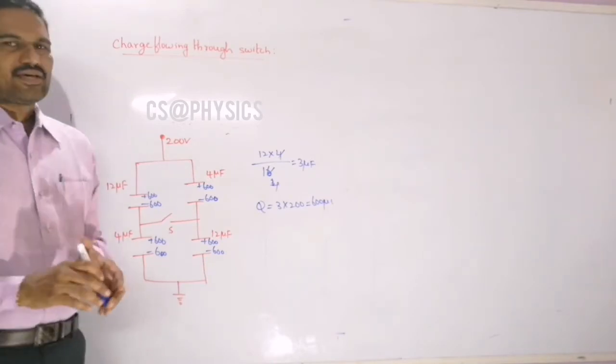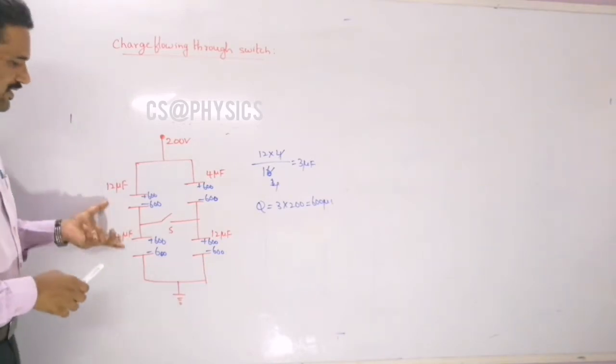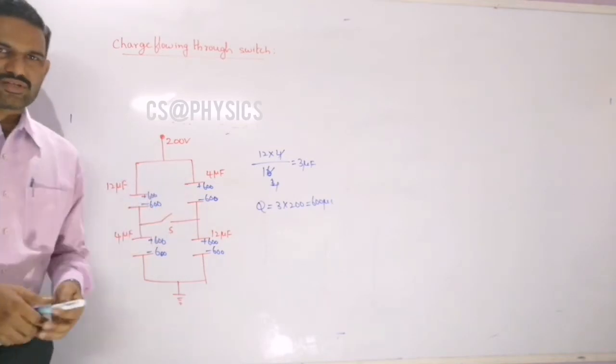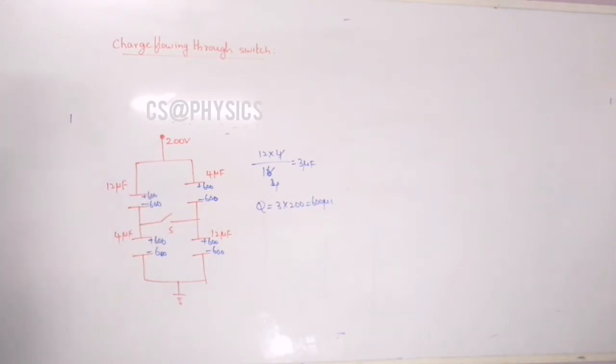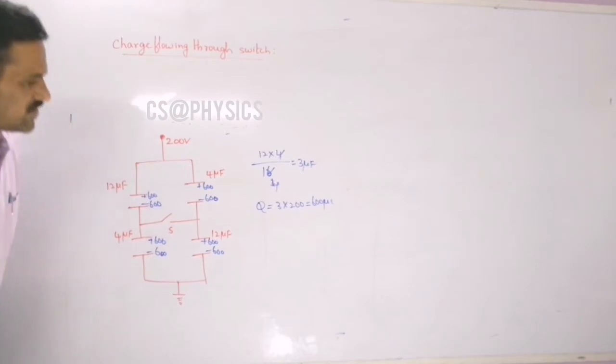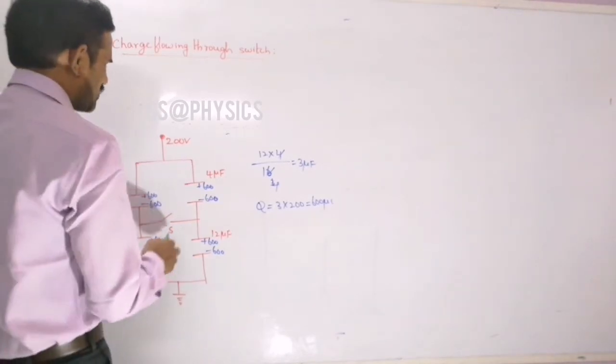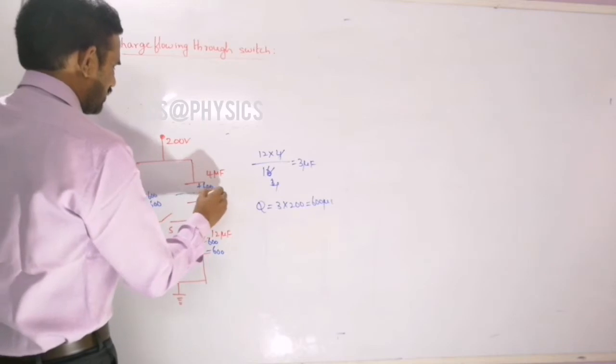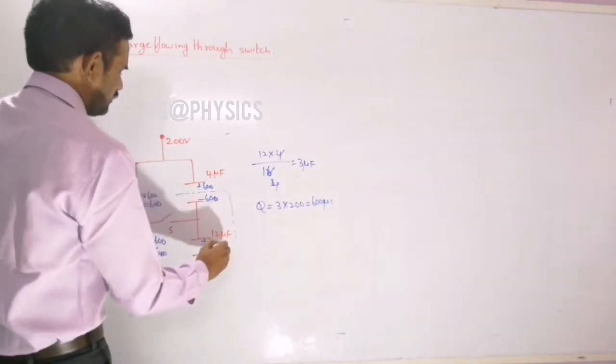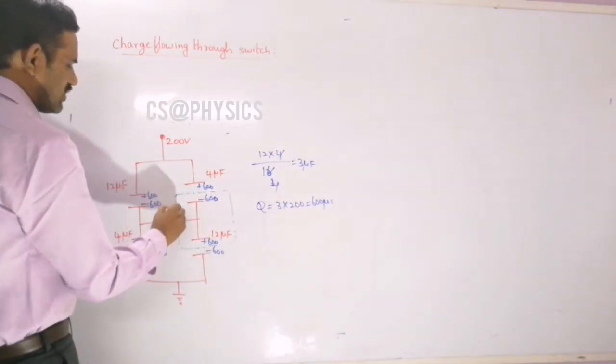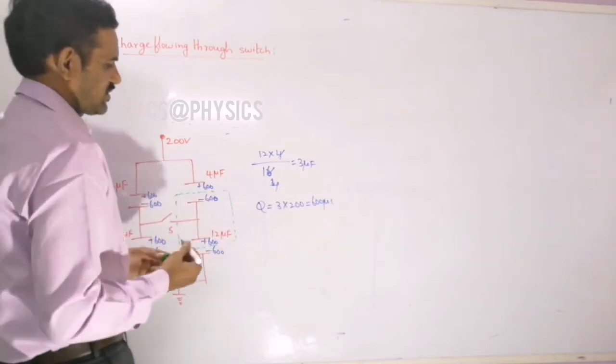And again let us take two isolated plates here. Either you can consider these two plates or these two plates you can consider, that is again our choice. Here also we need to write the magnitude of the charge only. Suppose again I am taking these two plates here. These two isolated plates I am taking here. So these are the two isolated plates what we are considering here.